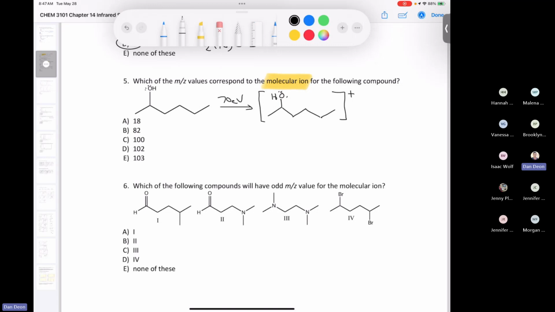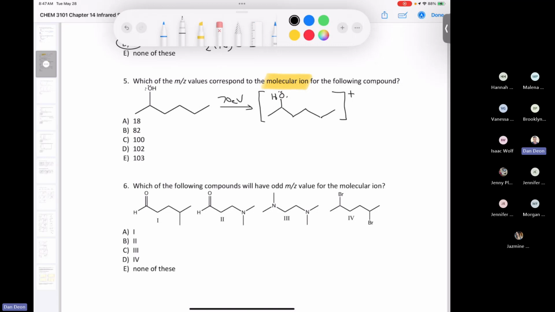So we lost one electron, but that doesn't affect the mass of the compound in any way, right? An electron is 2,000 times lighter than a proton or a neutron. So it's like nothing. It's like losing a piece of dust off of your body. It doesn't change your mass. And so the formula of this compound is